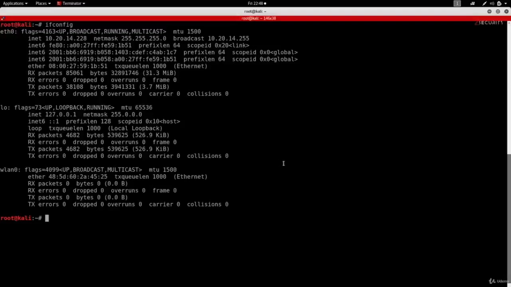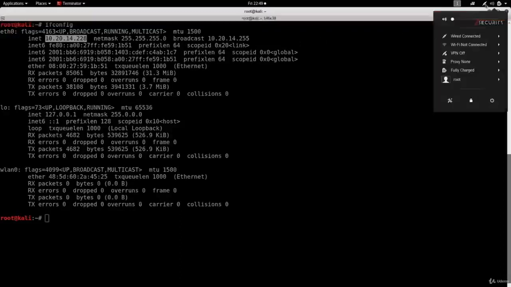You can see, first of all, we have eth0, and this is a virtual interface created by VirtualBox when we set Kali to use a NAT network. You can see it has an IP address because, like I said, it's connected to a network. If we go here, we can see it's saying wired connected.